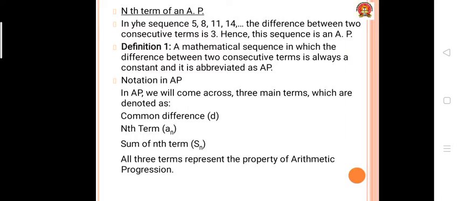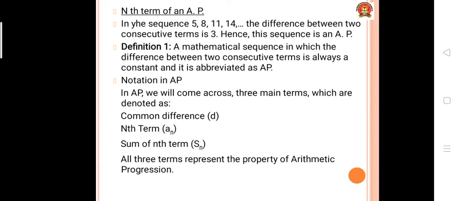Now, today I am going to explain to you about the nth term of an AP. What is an arithmetic progression? What is a sequence? You have learned this. Which are the terms? That also you know. What is the common difference? That also you know. Now, in this session, how do we find the nth term if the AP is given? Maybe the first 5 terms of the AP are given, and by using them you have to find the 28th term. Then how do we find it?